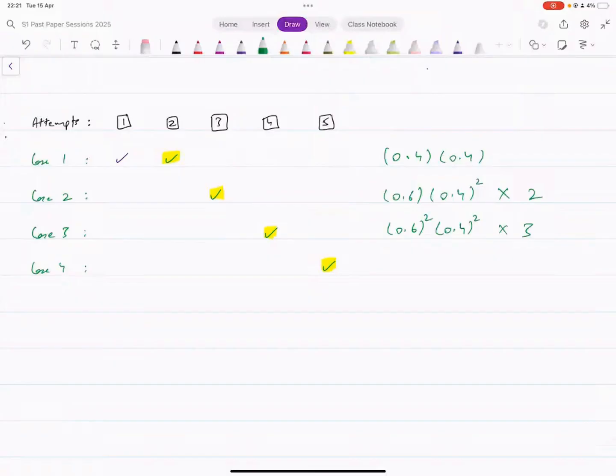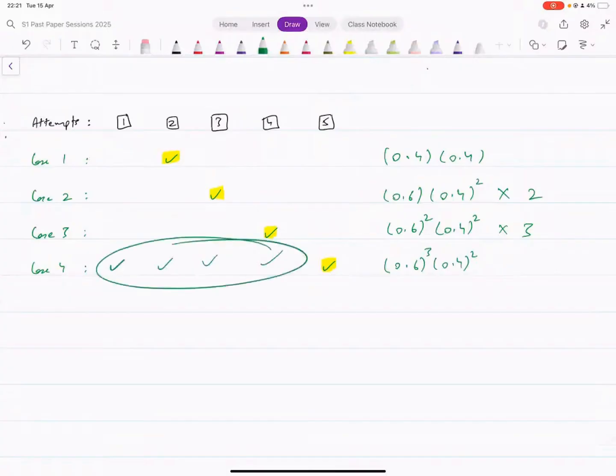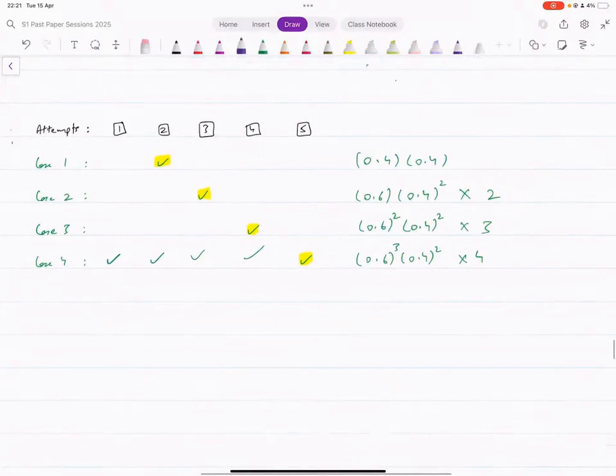And then in the last case, you've got 5 attempts in total. That will be 3 failures and 2 successes. In how many ways can you place that first success? 1, 2, 3, 4. It could come in 4 different positions. So we multiply this by 4. And now if you add all of these numbers, that should also give the same result.